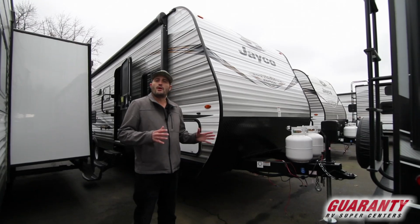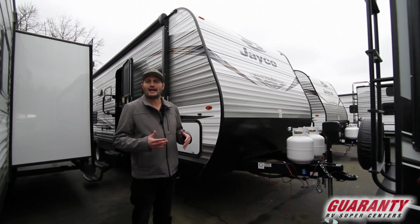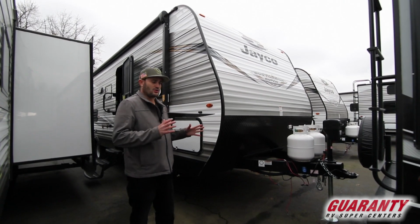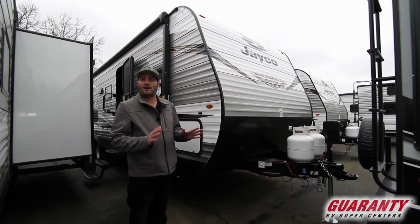Today I'm going to show you one of our bunkhouses that we carry. It's not small, but it's not gigantic. It's a little bit on the bigger side. It's a 287 BHSW, a Jayco Jay Flight 2019 model 287 BHSW. So it's about 28 feet, not counting the hitch and the bumper and the spare tire. And it's got bunks